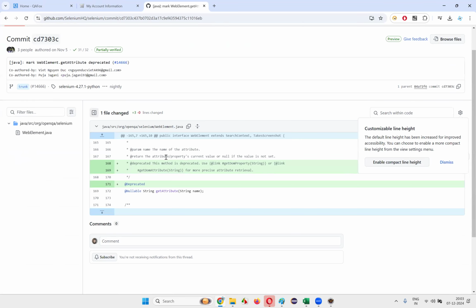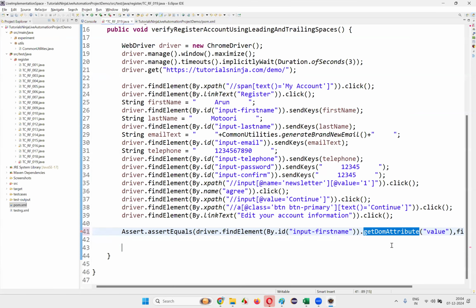Rather, you can use get DOM property and get DOM attribute. So these are the two methods we have to use. It returns the attribute value or null if the value is not set. Fine. That's okay. Let's try to use DOM attribute. Either it will get null or